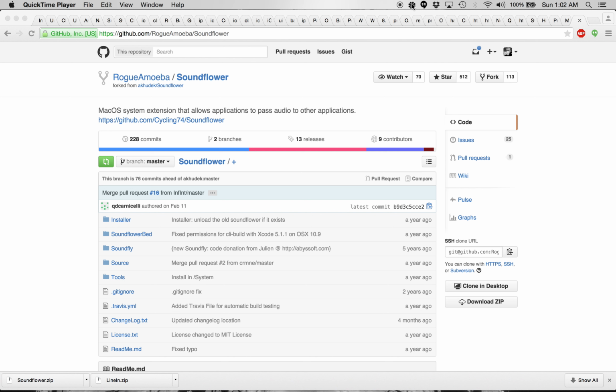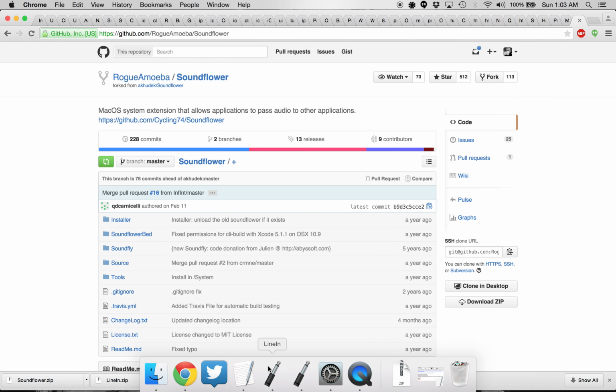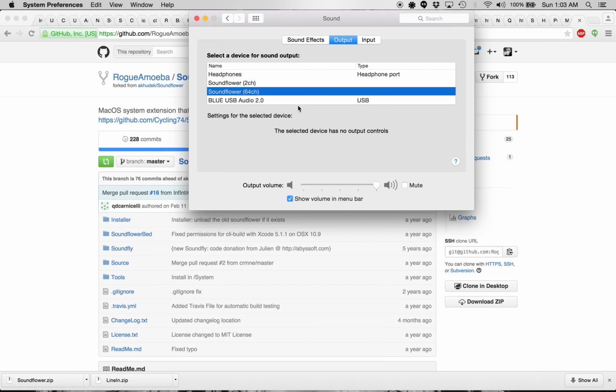And the reason why, I covered this step, but I forgot to explain what's happening, is that when you click on the Soundflower menu, what these options mean is these are the outputs of Soundflower. So if you look under the system preferences at the Soundflower 2 and Soundflower 64 devices,